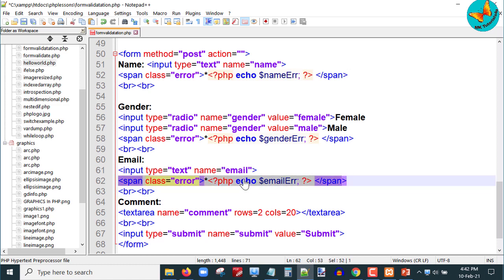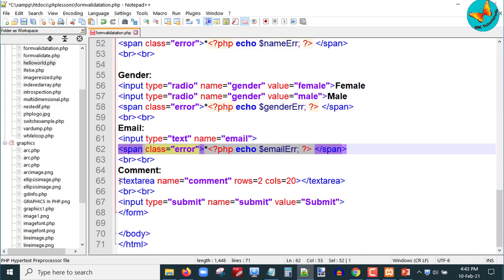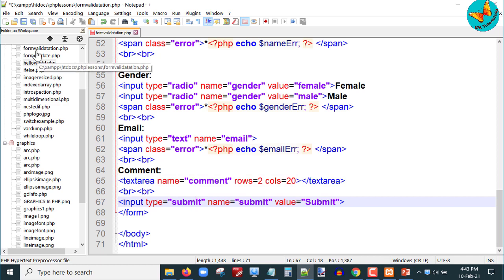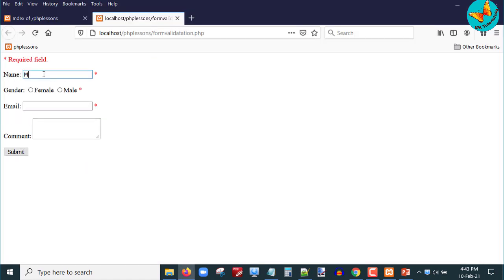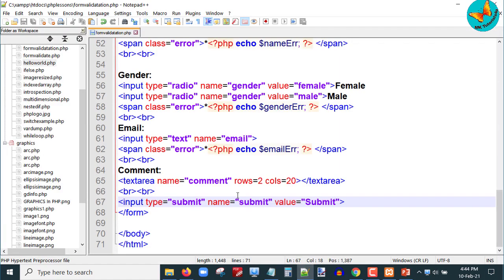And it does not matter to me whether the comment is empty or not, so I will not write it here. So this is the way I can display the error if the field is empty or if the email ID is not properly formed. Now save this. Now again let us check what is displayed. So you can see that here you can enter the values.